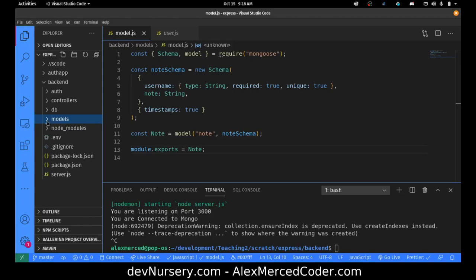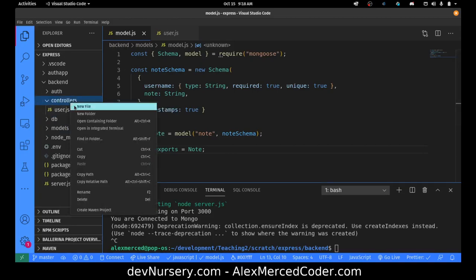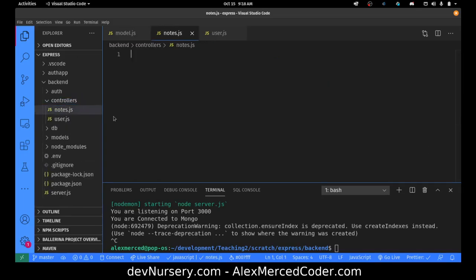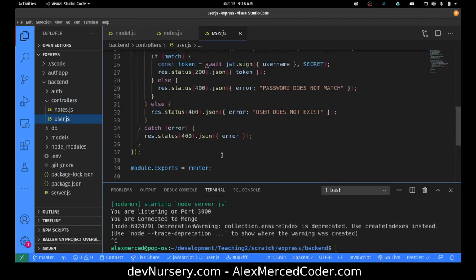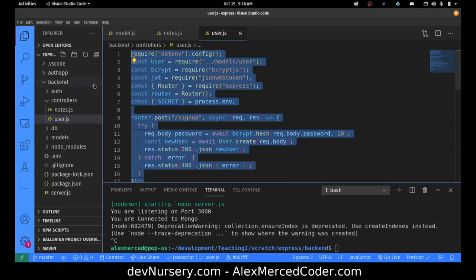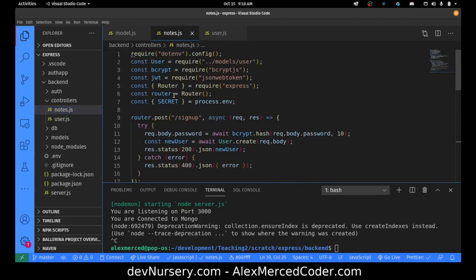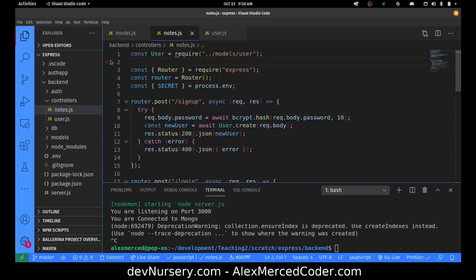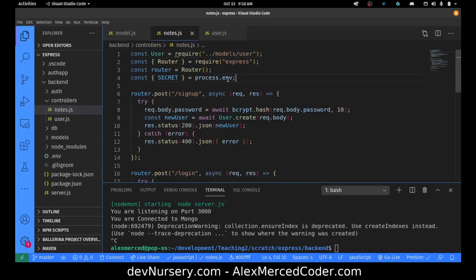Now next, what I want to do is create controllers. So we're going to create a new file, notes.js, for our notes routes. I will copy sort of the basics of this, and I'll have to get rid of some of it. I don't need this. Actually, I may need the user. I don't need JWT and bcrypt. I do need router. I don't need this anymore, but I do need to bring in